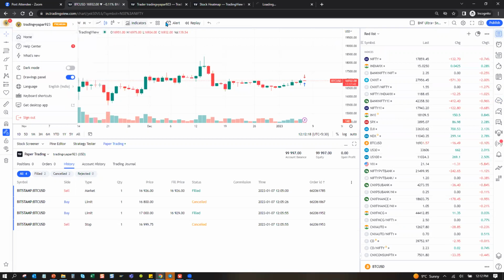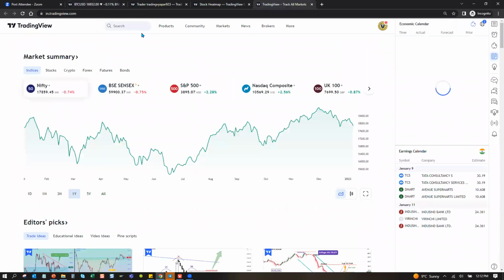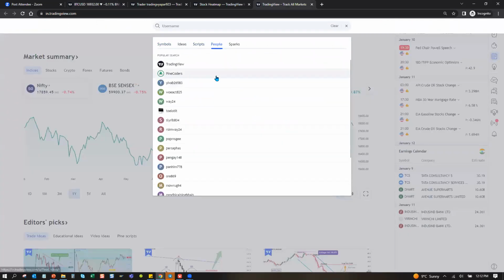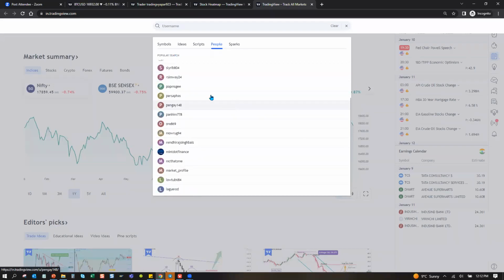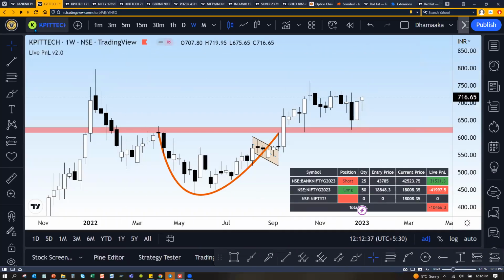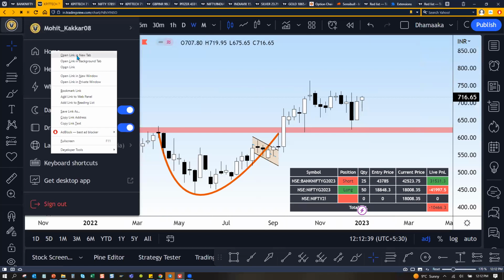Go to home. Go to people. You can find anyone here. Let me show in my other box. TradingView home.